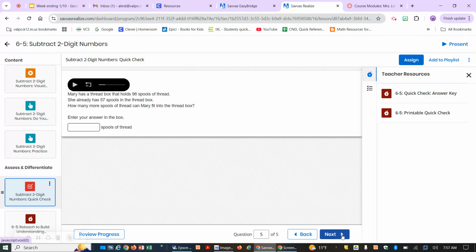Finally, Mary has a thread box that holds 96 spools of thread. She already has 57 spools in the thread box. How many more spools of thread can Mary fit? 96 minus 57 will tell you how much more room she has, how many more she can fit. 96 minus 57. Take your time, do your best, use a